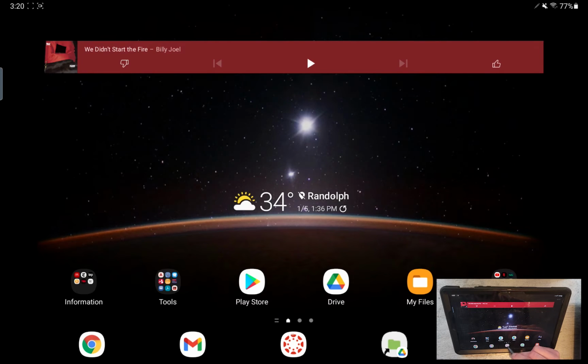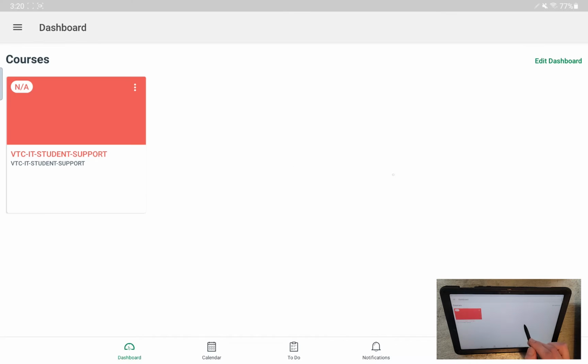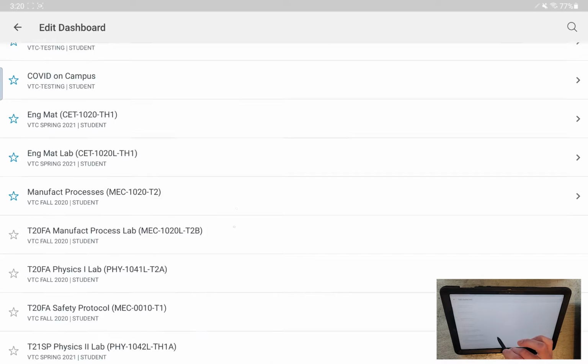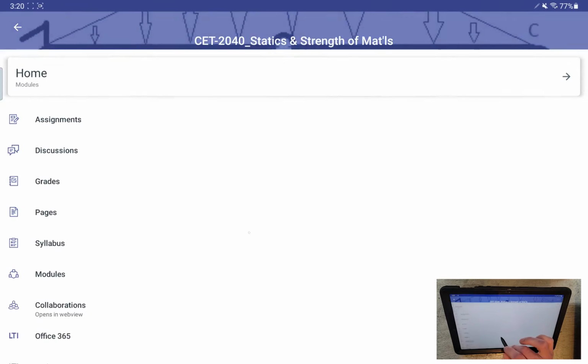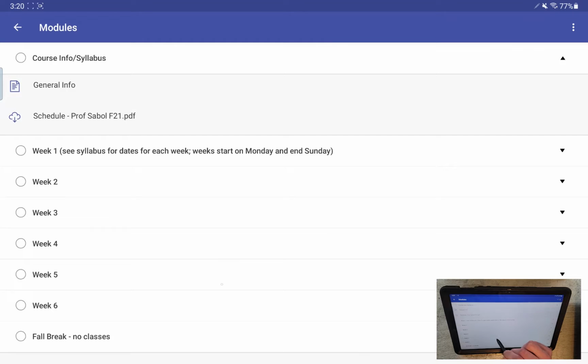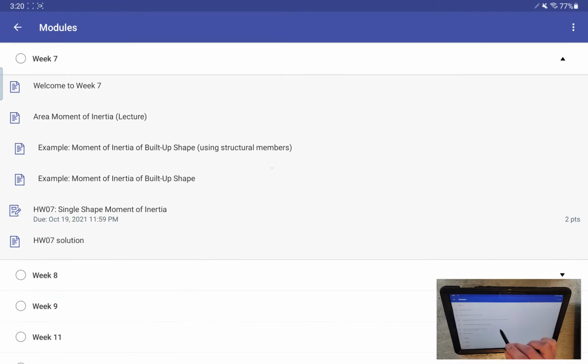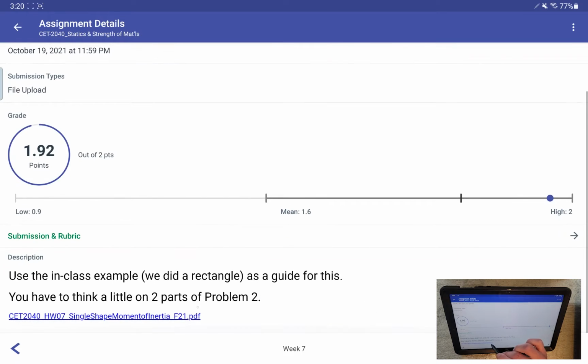So we'll go into the Canvas app, where you would normally see all of the classes that I have right now, but at the moment we're in between, so we'll go to Edit Dashboard, and I'll find my CET class. Here I will be going into the modules, and we'll use our week 7 homework as an example. I'm going to grab the PDF,